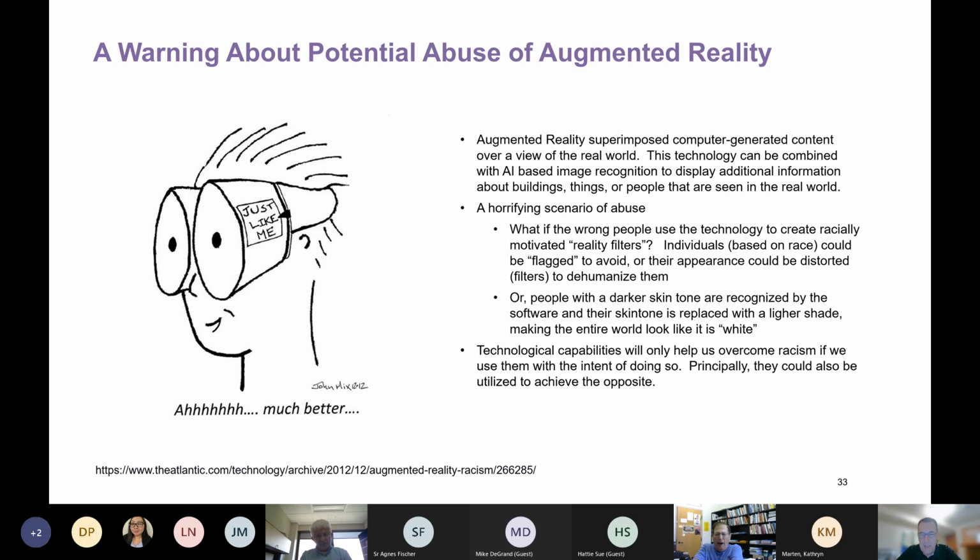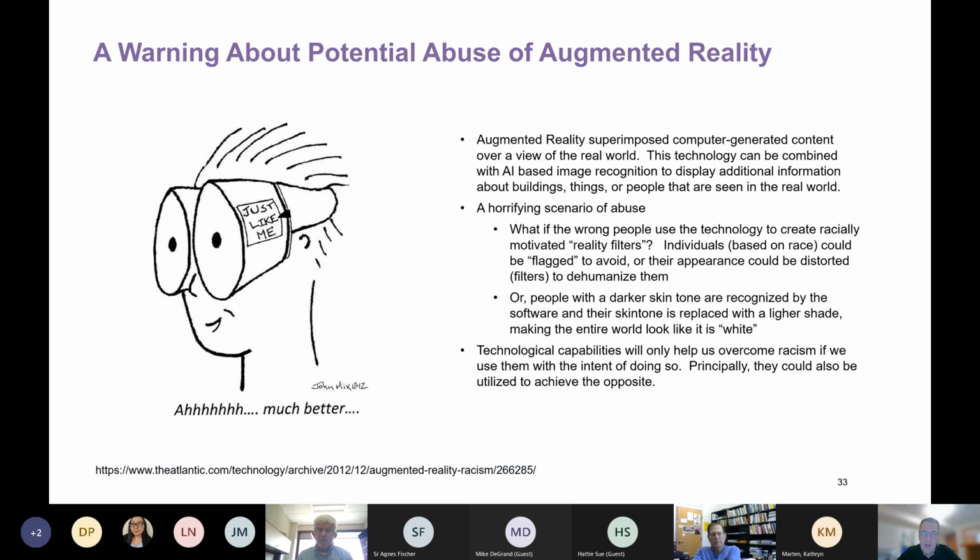is presented. And so in this science fiction scenario, if you will, somebody asked, what if people started to wear these glasses and then the glasses imposed filters? Maybe they change the skin tone of people that you encounter to make them look more like yourself. Or, like TikTok or some of the other apps that have these fun filters, what if the technology actually made fun of certain members of a minority, exaggerated stereotypes,